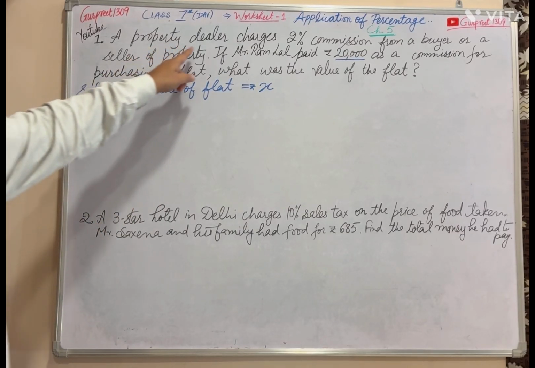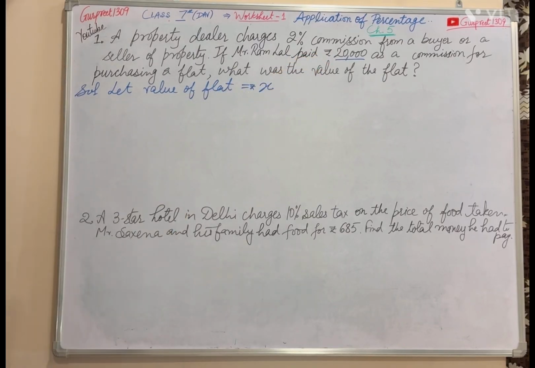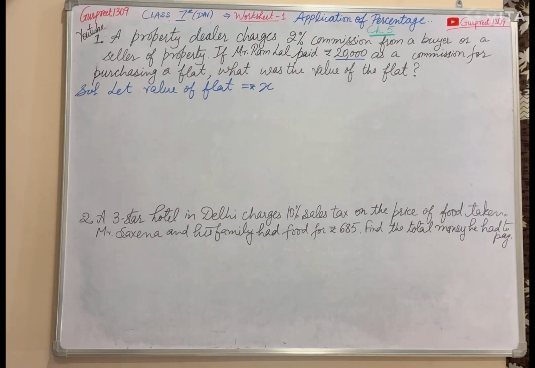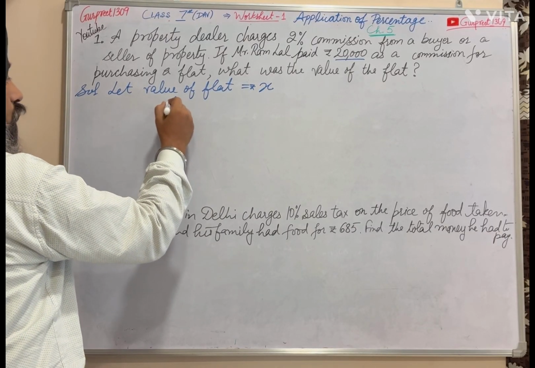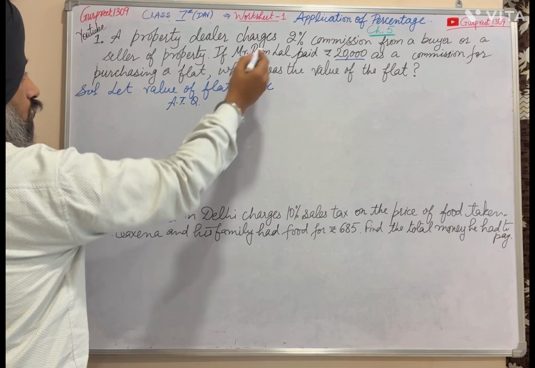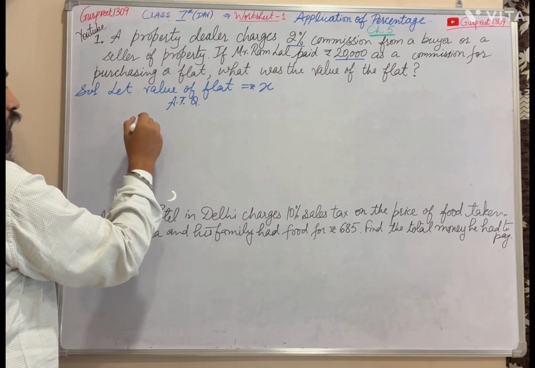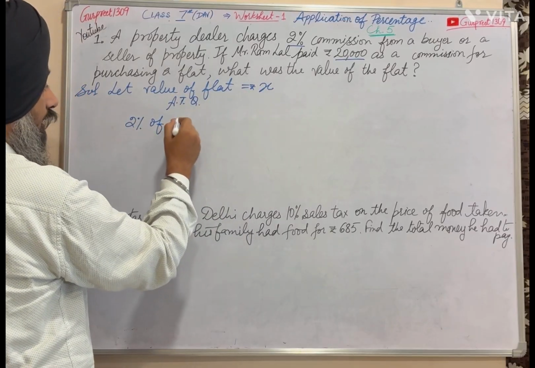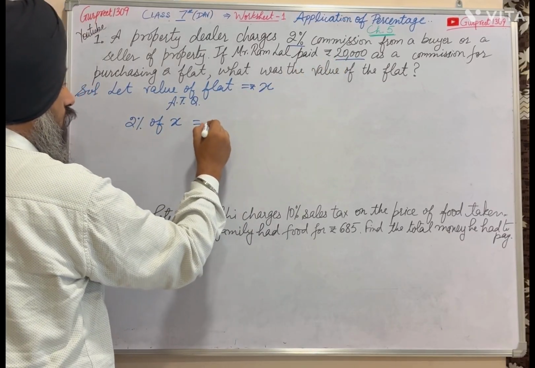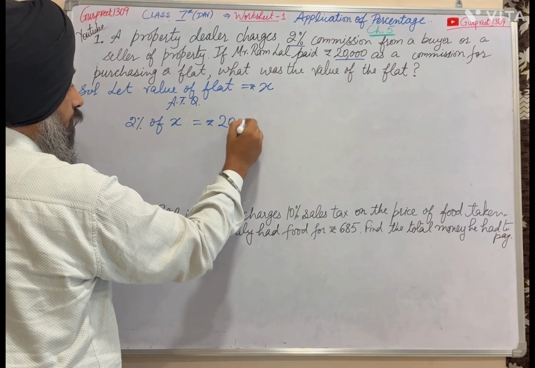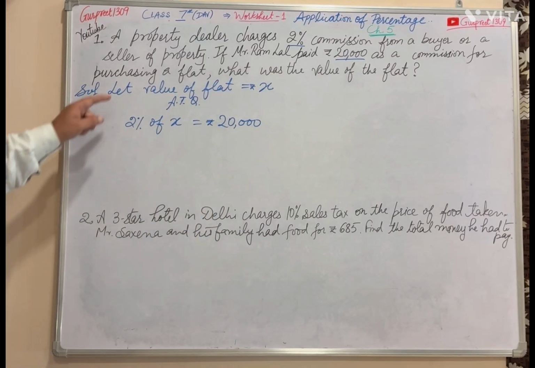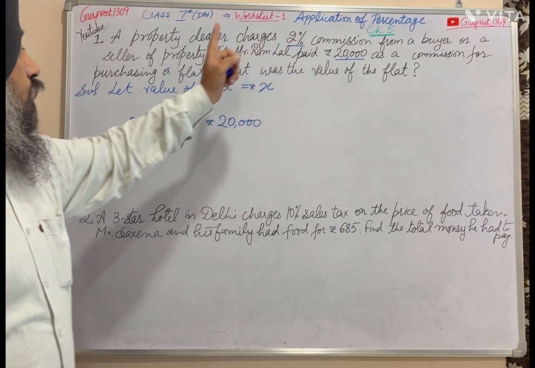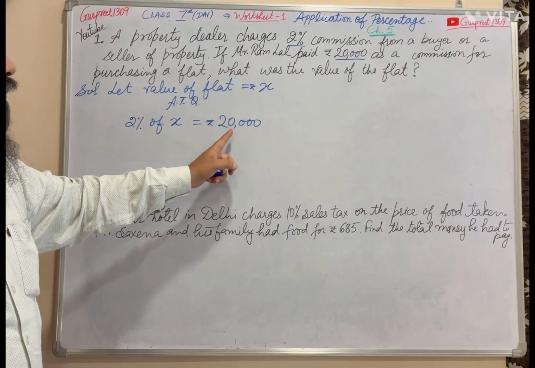Now what he says, the property dealer charges 2% commission from the buyer or the seller, and Mr. Lal paid 20,000 as a commission. Means as per the question, 2% of what? 2% of the total value of the flat x becomes rupees 20,000. So as per the given statement, 2% of the total value is equal to